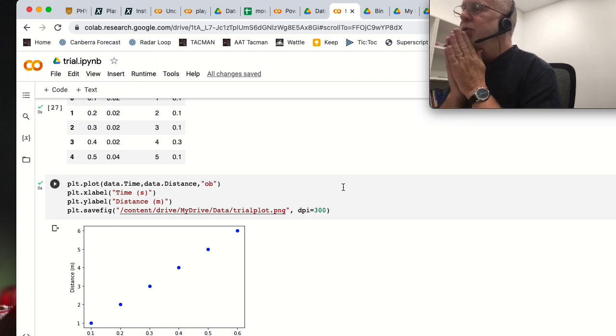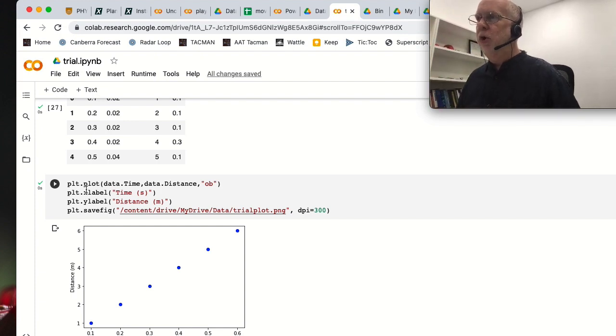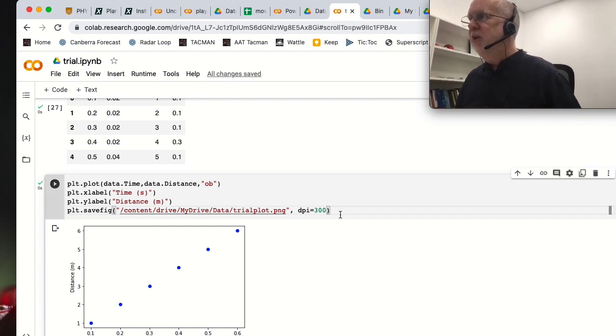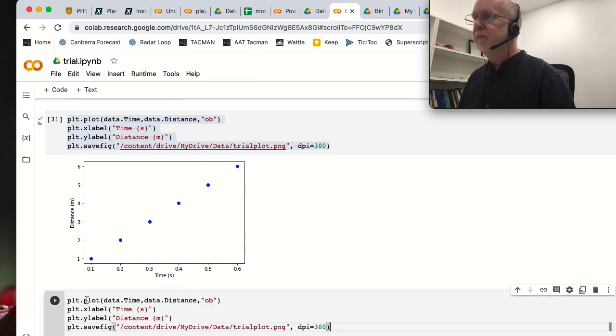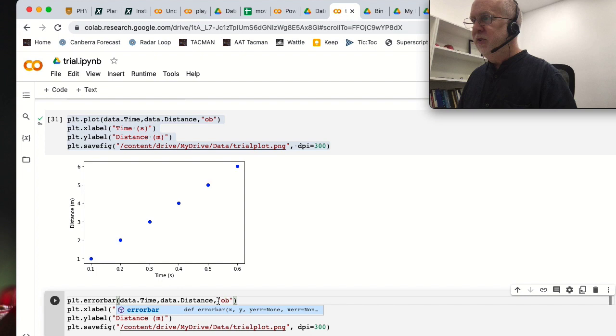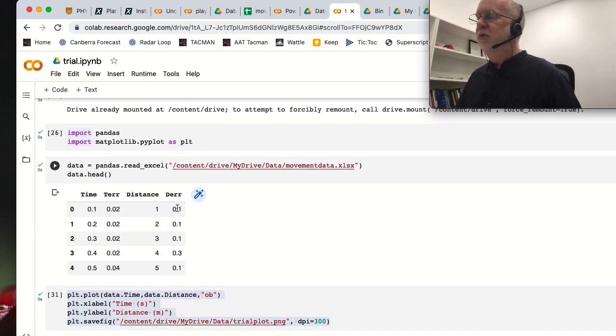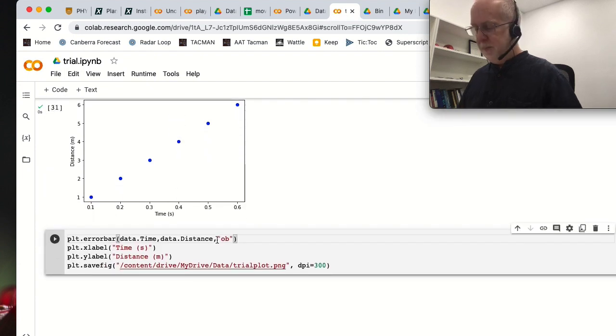Right, final thing to do is to put some error bars on this. So instead of the plt.plot command, let's try the plt.errorbar command. So I'll do this all in a new cell, so you've still got a record of the old one. And we're now going to replace the plot with errorbar. So as before, you give it the x and y axes. We're now going to need to tell it where the uncertainties are. And if you remember up here, it was t-er and d-er. So we'll type xerr equals